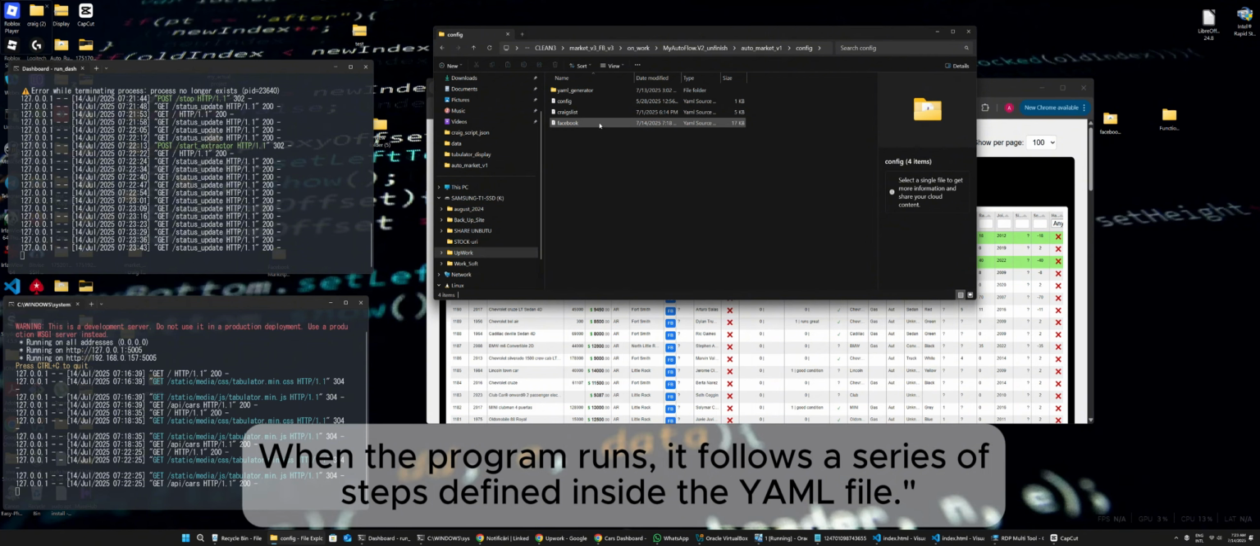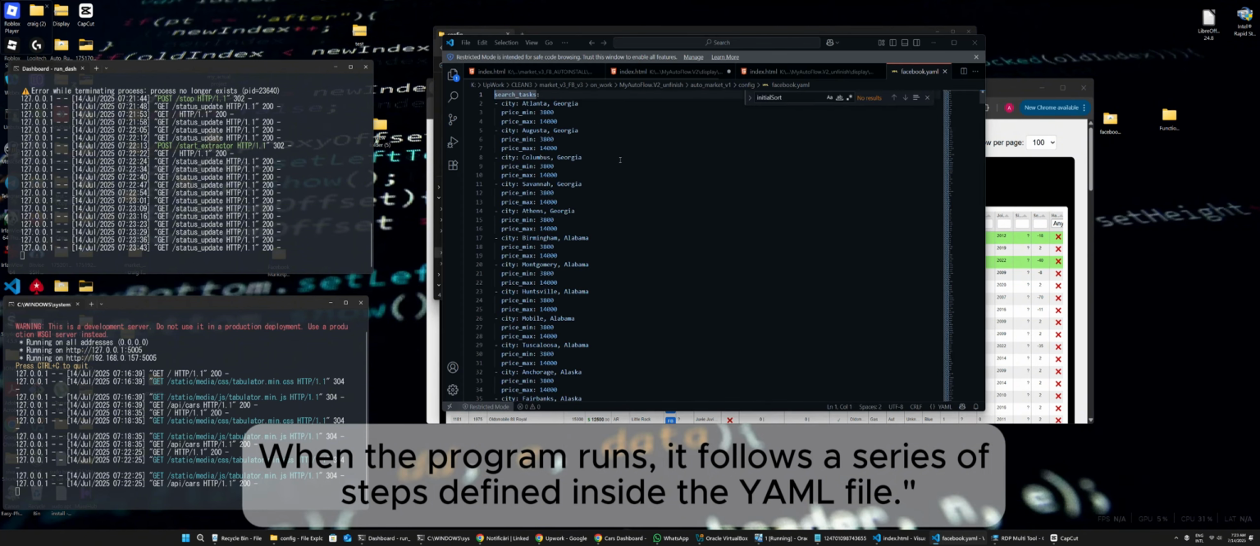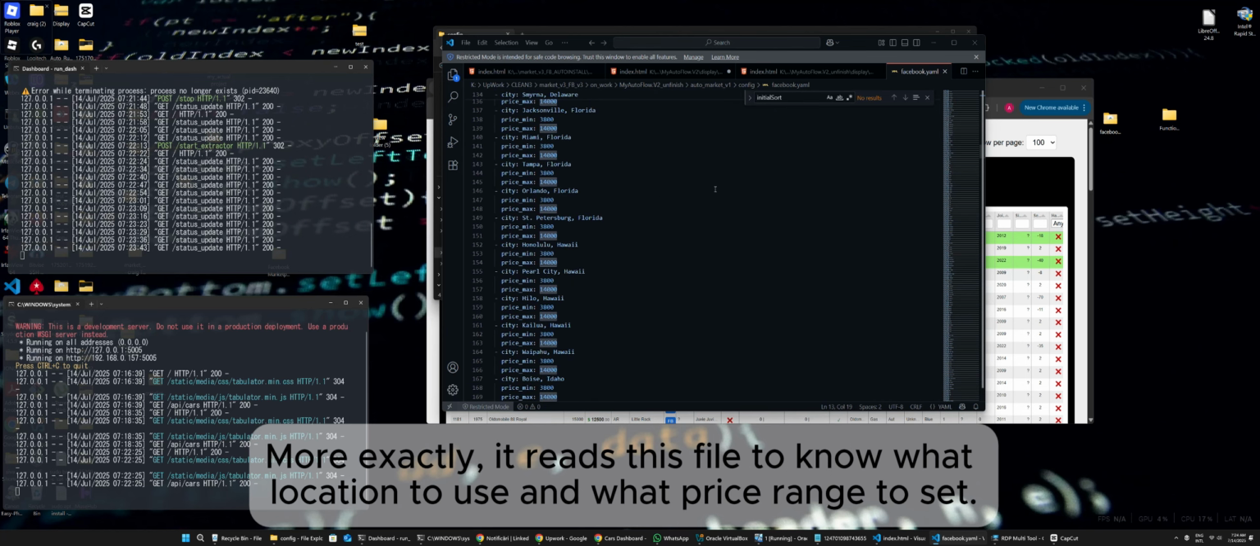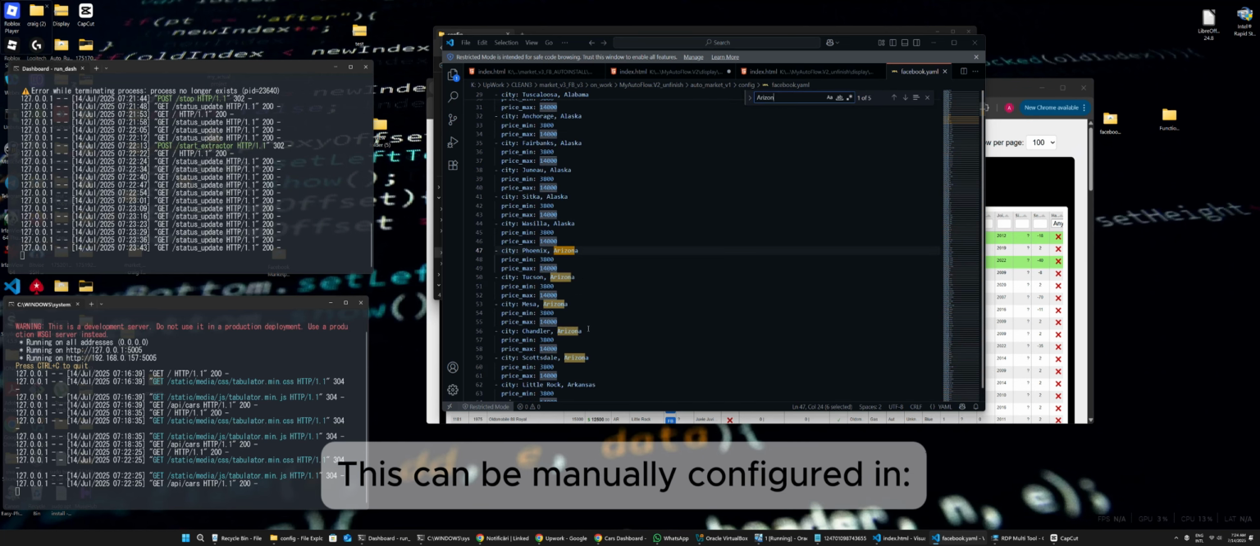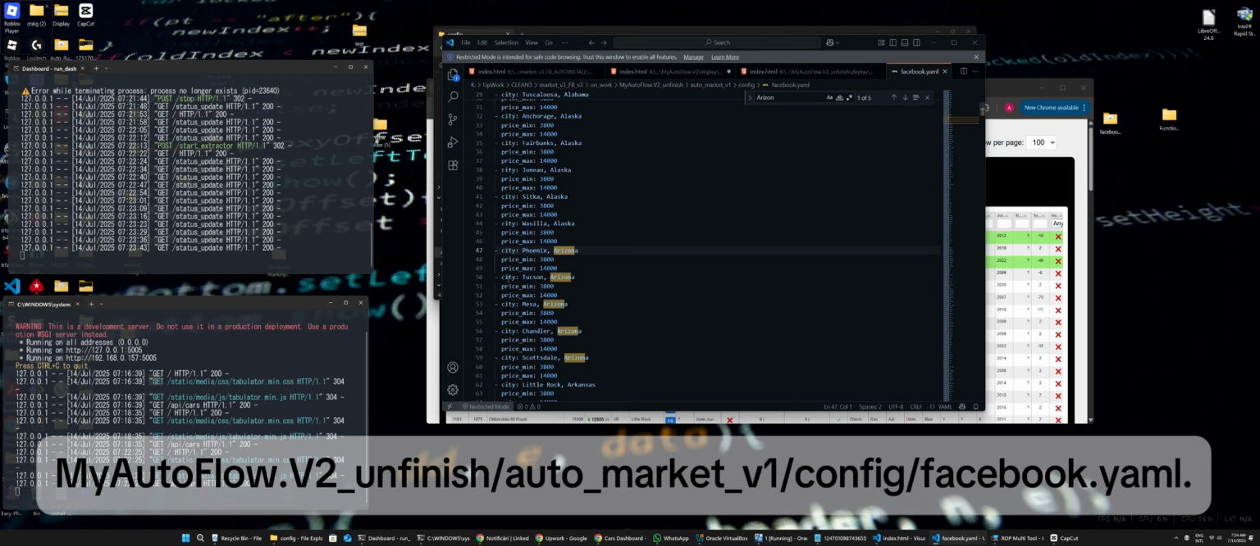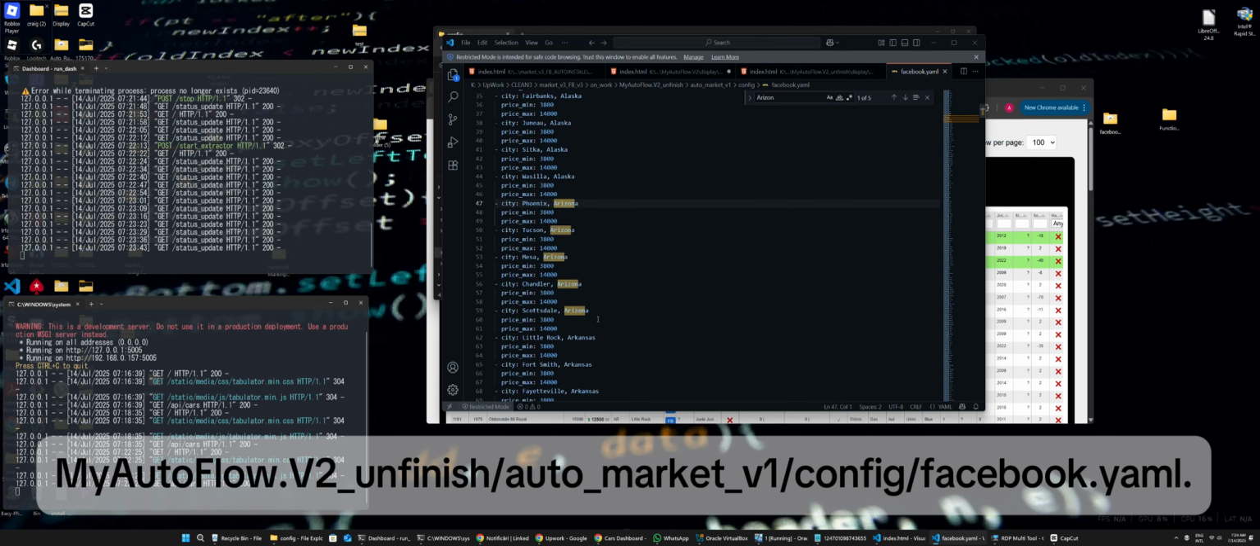When the program runs, it follows a series of steps, defined inside the YAML file. More exactly, it reads this file to know what location to use and what price range to set. This can be manually configured in myautoflow v2_unfinish auto_market_v1/config